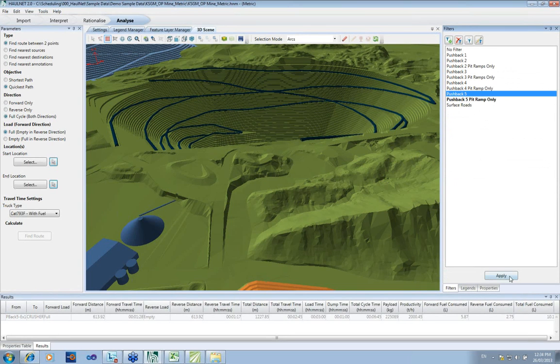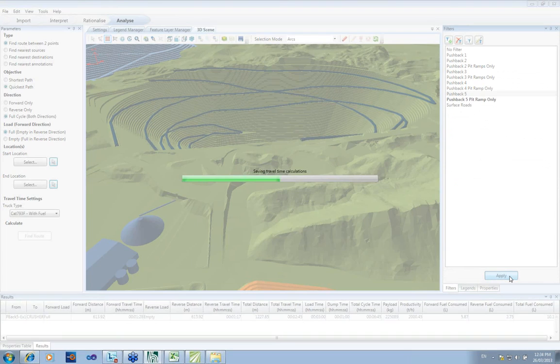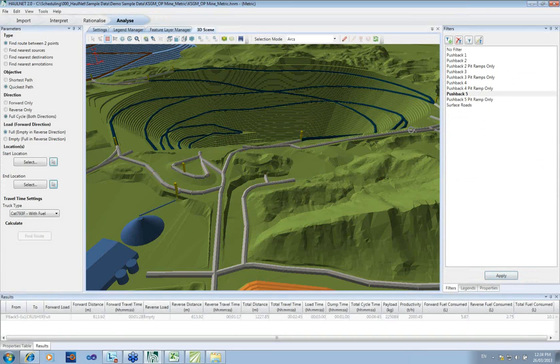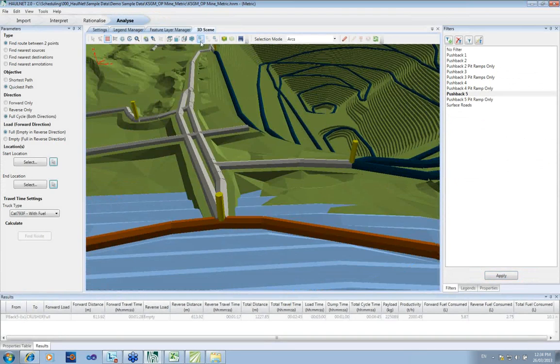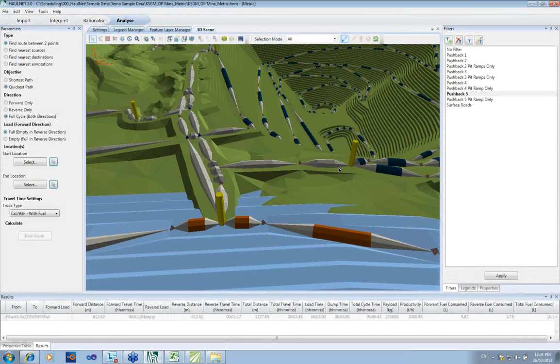Filters, we'll go back to that filter here. We have the ability to simulate stop signs and other traffic controls that you may have in your network. We have what we call directional arcs. Directional arcs allow you to set speed limits on both directions of any arc. On this arc here we can see we can set a speed limit going to the east and one to